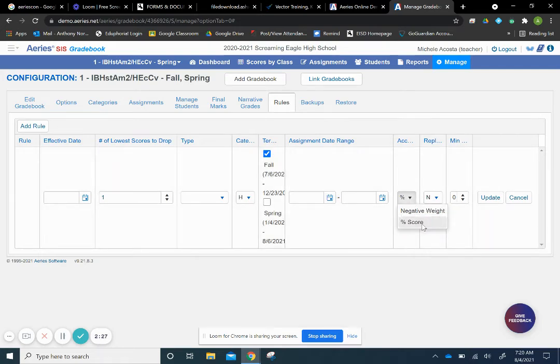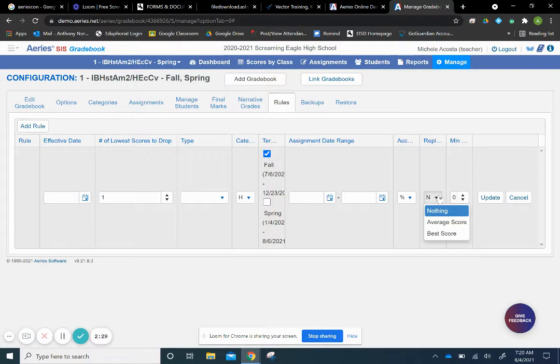We're going to do score percentage. I don't know what the negative weight does. And then replace. You can replace with nothing. You can replace with best score. So if they had 100, the grade you're replacing turns to 100. Replace with the average score, it replaces with the average grade they already have. So say if you drop the grade, the student then has like a 72, so it'll plug a 72 in there. And then this is the minimum number